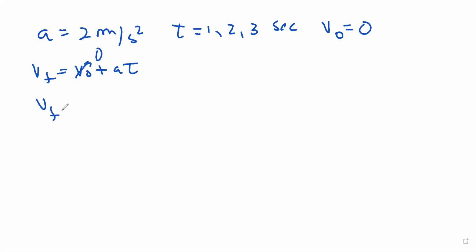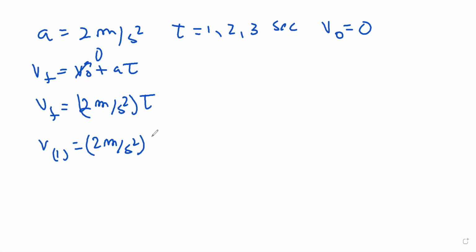So the final velocity is going to be acceleration, which is 2 meters per second squared, multiplied by the time. Okay, let's do it for 1 second. So it's going to be 2 meters per second squared, and then you multiply by 1 second. So this is going to be 2, and this cancels with the square, 2 meters per second,